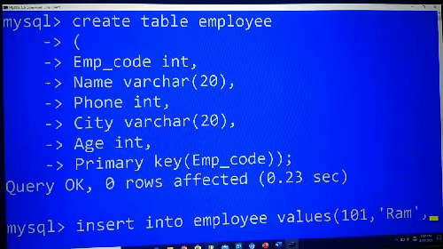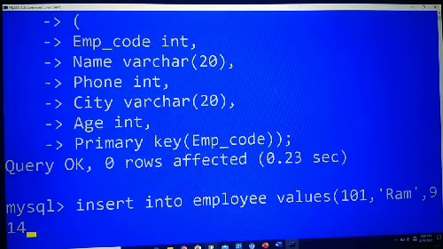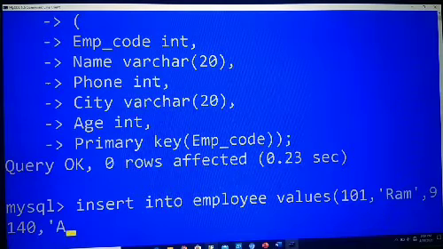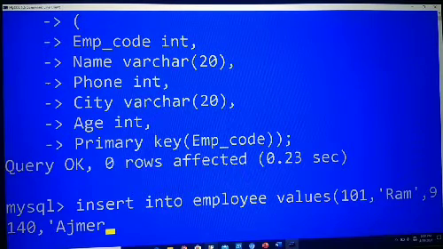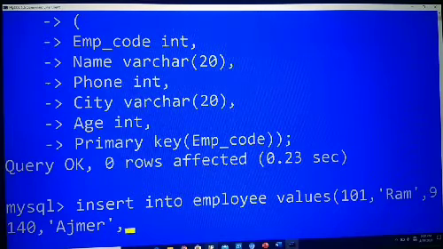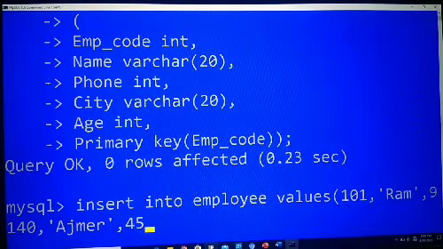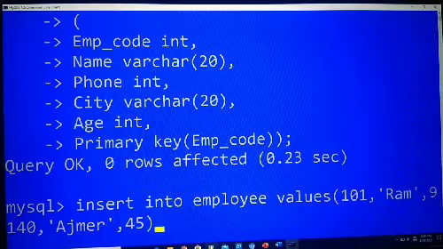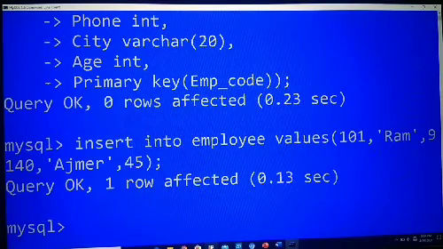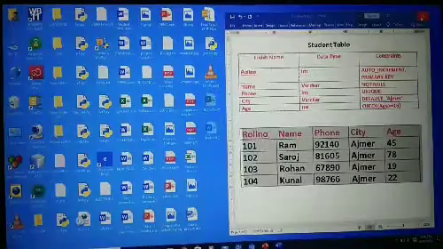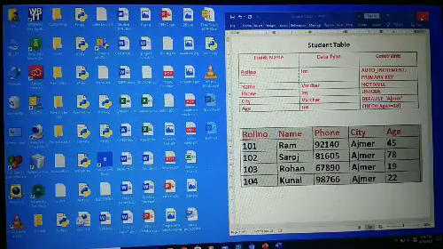So phone number is 92140, comma, next city is Ajmer, then age, and age is 45. Close semicolon and press enter. Now you can see here our first employee information has been inserted into our table. Similarly, all information will be saved.